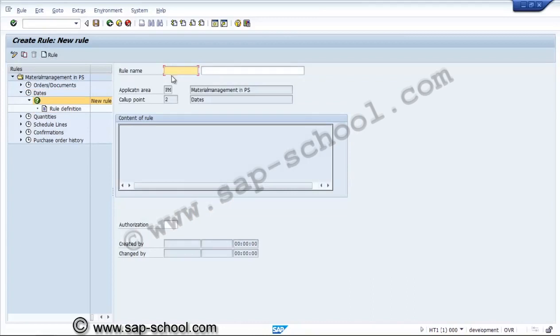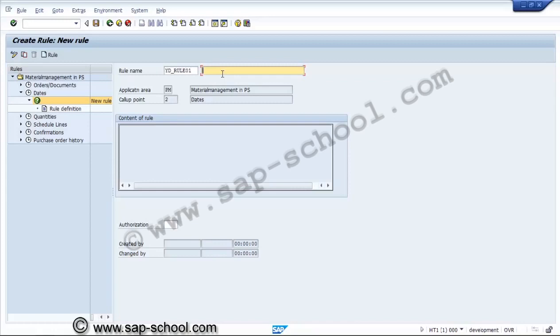The rule name we will consider is rule_01. This is for the red rule we are giving.